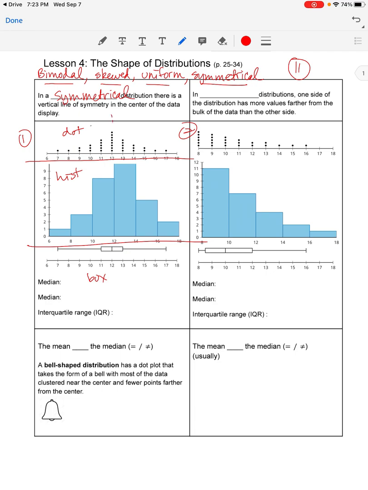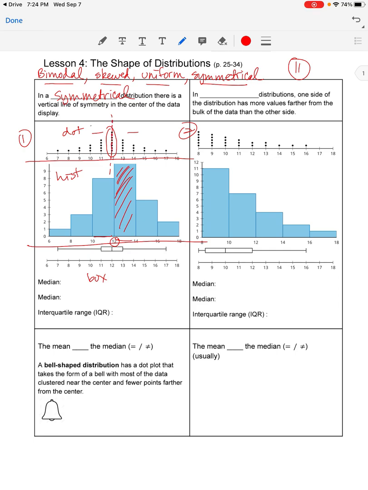And because it's symmetrical, if we divided the distribution in half right down the middle, both sides would be the same. Notice the histogram does not look exactly symmetrical, and that's because these things in the middle, the 12s, all have to go into this bar, right? Because this bar is from 12 up to 14, but not including 14. And this one down here is from 10 up to 12, but not including 12. So all the 12s are here. So the histogram doesn't look exactly symmetrical, but the data set is symmetrical, and we can see that in the